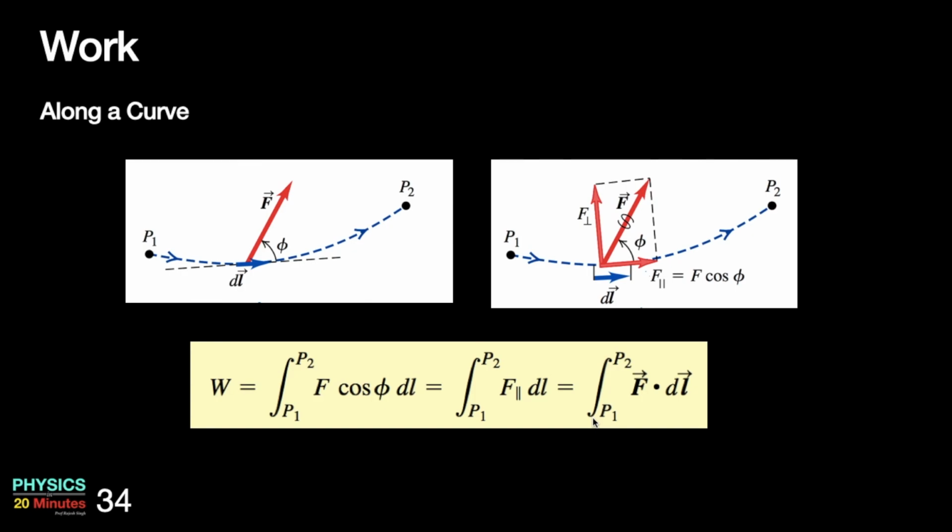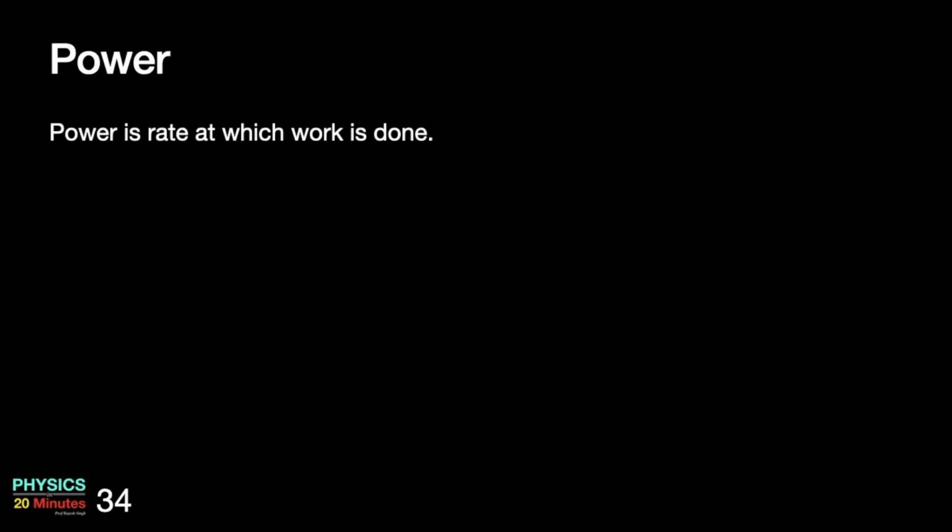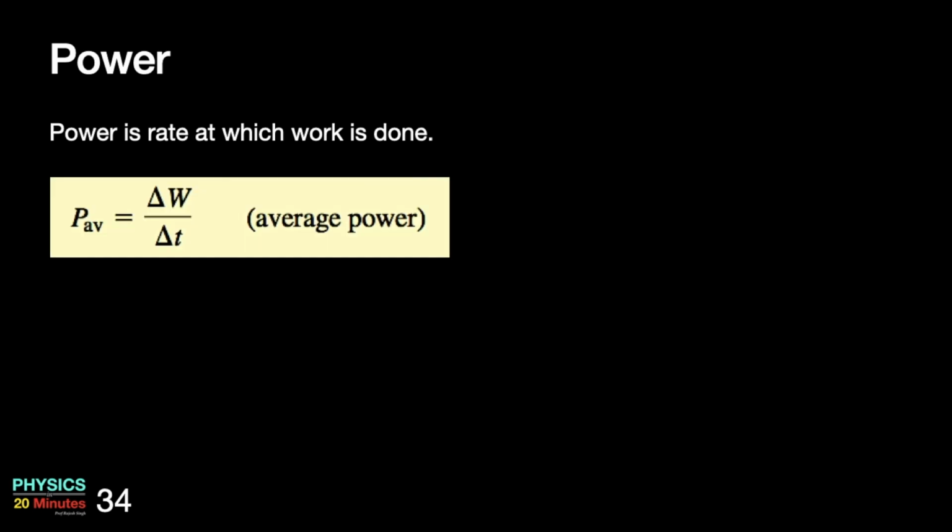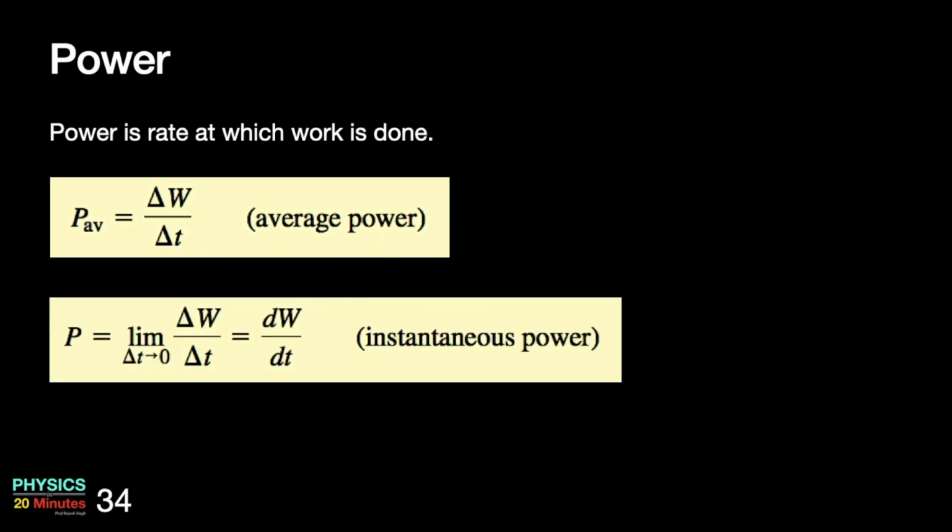Power we are all familiar with; it is the rate at which work is done. So you take the work divided by the time in which that work is done, and you get the power. Now when the intervals are longer, you get what is called average power. To get instantaneous power, you have to take the limit of delta t going to 0, and when you do that, you get instantaneous power, that is dW by dt. The unit of power is joule per second or watt. Higher units are kilowatt, megawatt, etc.